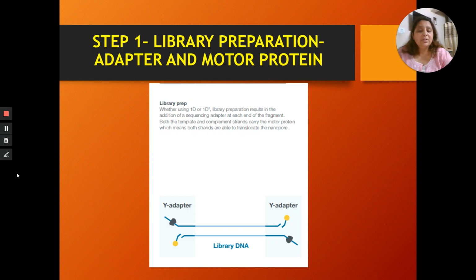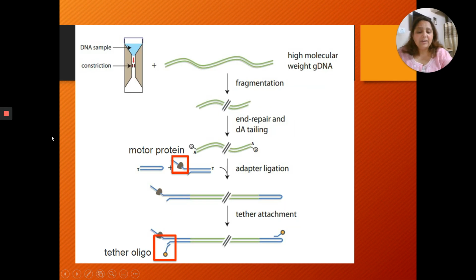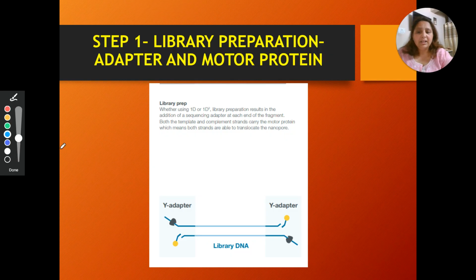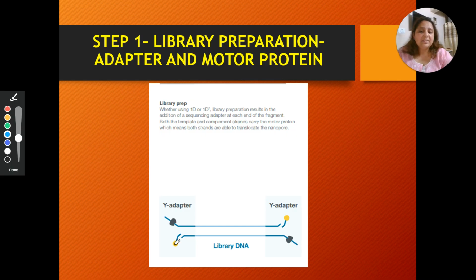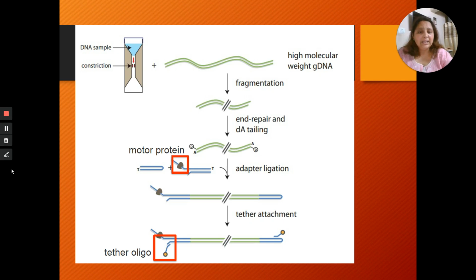This next slide shows how the DNA molecule looks after library prep. They have added the adapters; we have added Y adapters on either side of the DNA. You can see there is a yellow blob, there is something black over there, and there are some blue stretches over here, and we will talk about it. So in library preparation, we are deliberately adding the sequencing adapters, or the Y adapters. Okay, what happens next? Before I talk about it, this is an enlarged view of the fragmentation process. You can see here that the DNA was